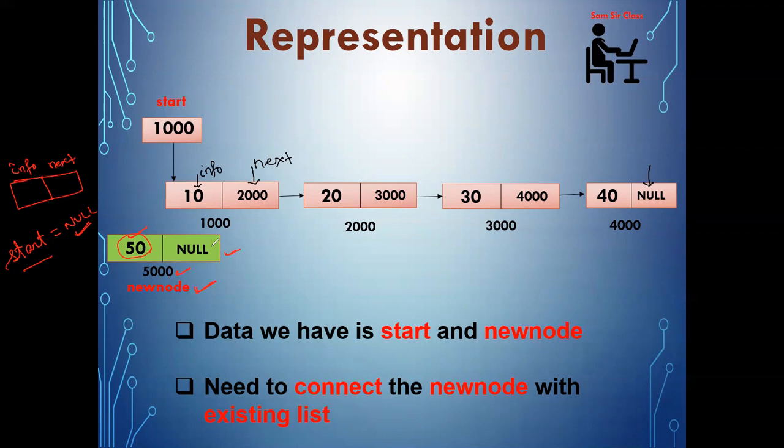Okay. So to represent whether the new node I have created currently is the first node or not, I have to check the status of the start variable. If start contains null, that means the new node is the first node in the list. If not, meaning start is not containing null, that means it will contain one address, and it means the new node is not the first node to be inserted. Okay. Then what I need to do? I have to connect a few things as per our requirement.